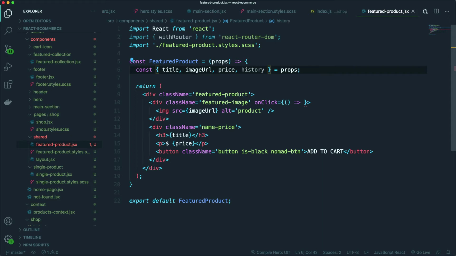and we need to obviously pull off the ID, so that's going to come from the props as well. So we're going to say ID like that, and then we have our title, image and price, and we're also pulling off the history because we're going to use the history.push function. Now inside the callback here, we're going to say